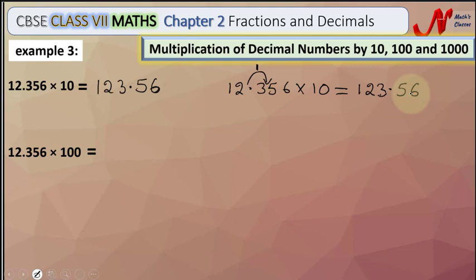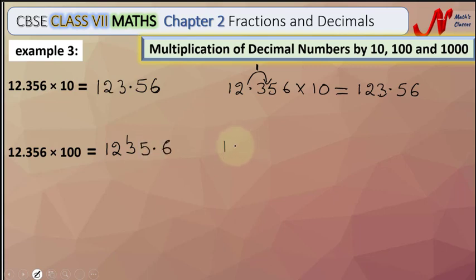Next example, we multiply 12.356 with 100. It can be written as 1235.6,